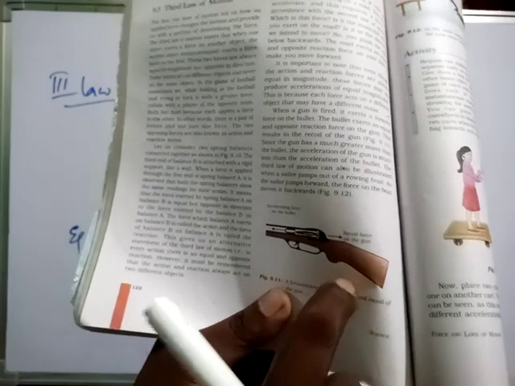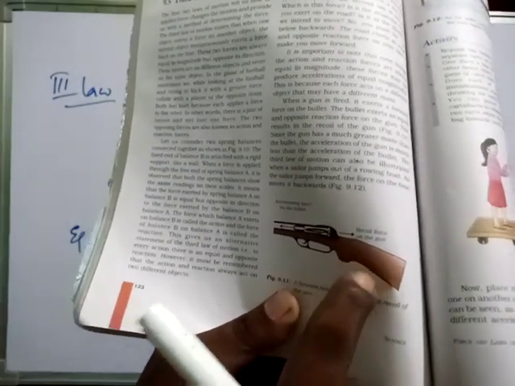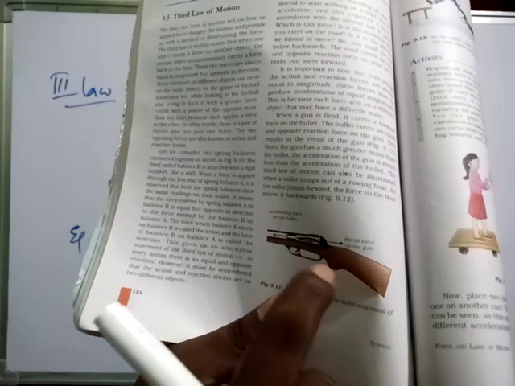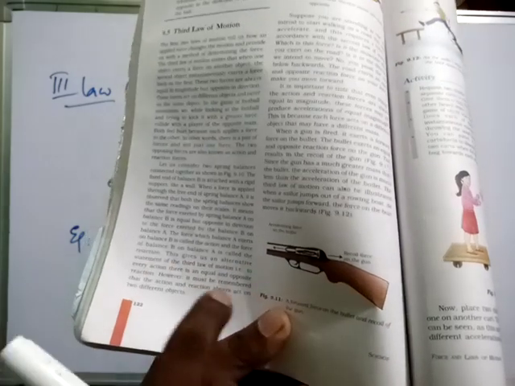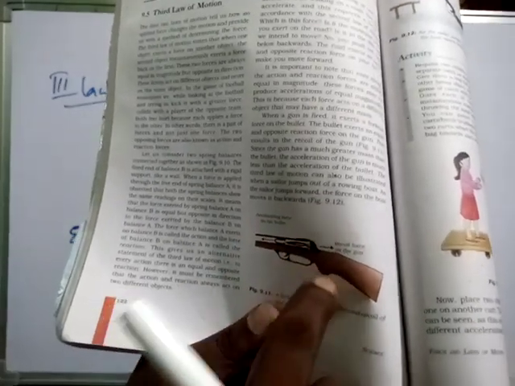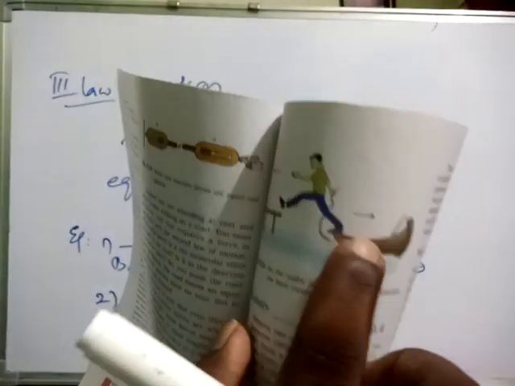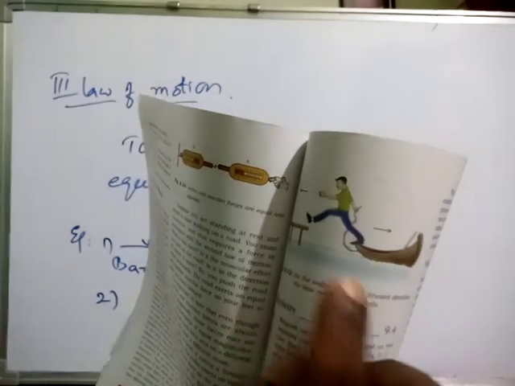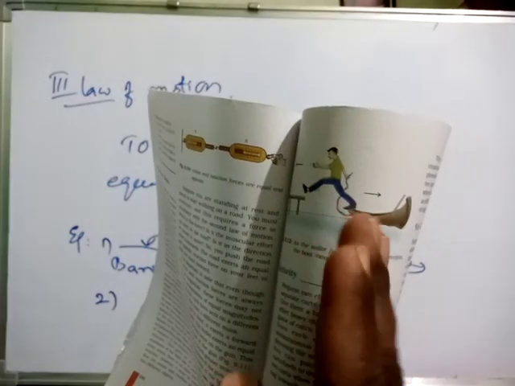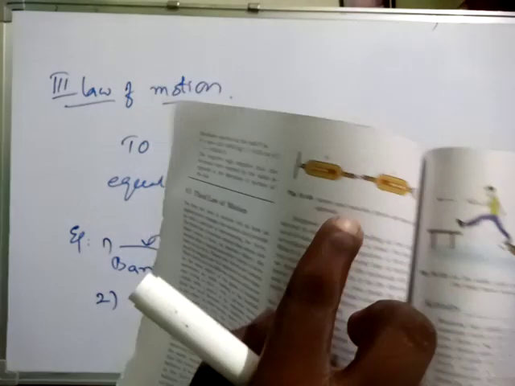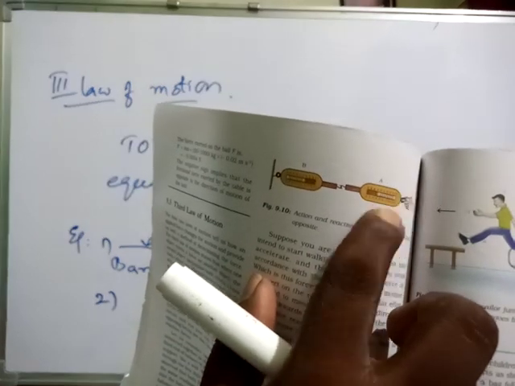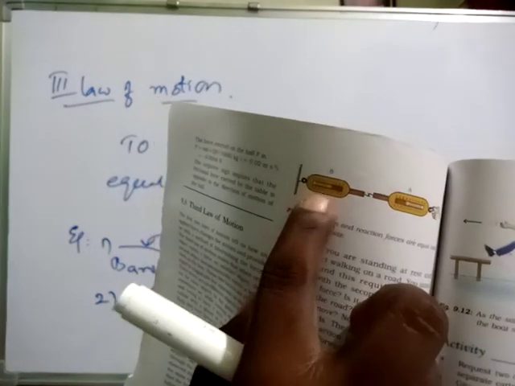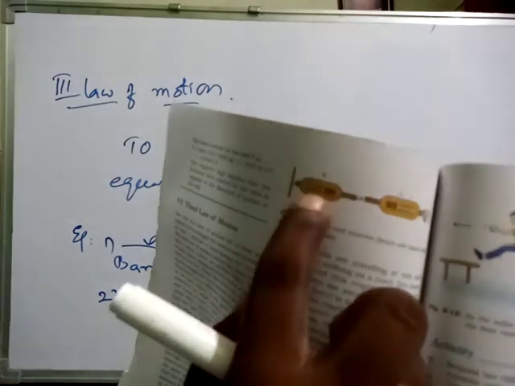If the person who is handling this gun doesn't hold the gun firmly, definitely this may hit the heart of the person also. Immediately that person may die. That much injury can happen by this operation of a gun. See, just now I told, if a person jumps onto the bank, the person moves forward and the boat moves in the backward direction. And spring balances. How much force you apply in that one spring, definitely the same force will result in the opposite direction in another spring.